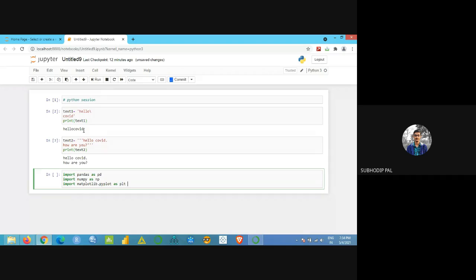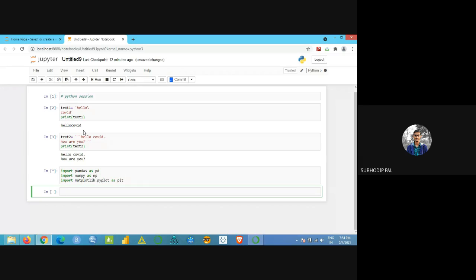So I have to just execute it. I've written the code in the input cell, just shift and enter. It will take some time because it's importing. If it's a star, the star here means it's still not executed. You have to wait for some time. Yeah, now it's executed. This is what we have imported. Now we can import the Excel sheet.